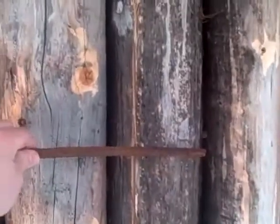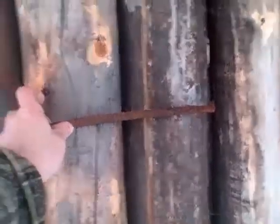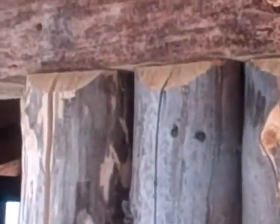All these logs are held together with a piece of rebar, and you can see the rebar pretty well spans right through the logs. If you look closely, you might be able to pick out rebar in between the two logs there, and each log has at least two pieces of rebar holding it in addition to the top and the bottom. The top is anchored to that ridge plate,